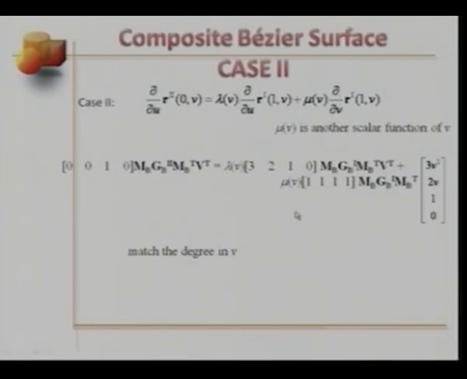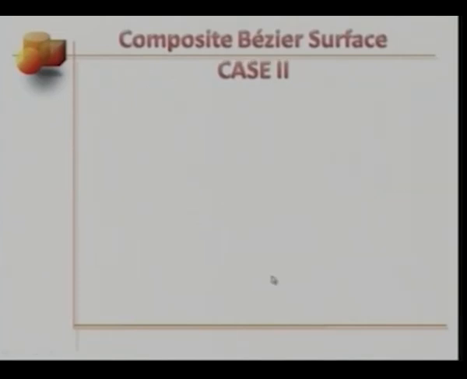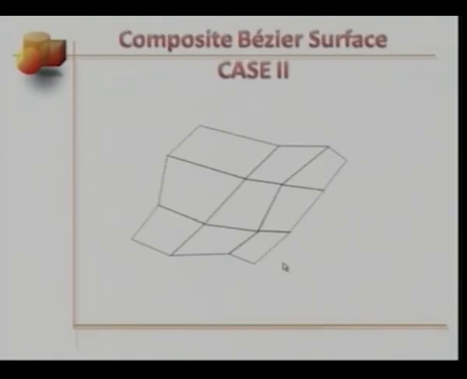In this expression, we must match the degree in V, which would mean that the scalar lambda is no longer a function of parameter V, it's a constant, but we can have mu of V as a linear function in parameter V. Mu 0 and mu 1 are constant scalars. If we work out this condition